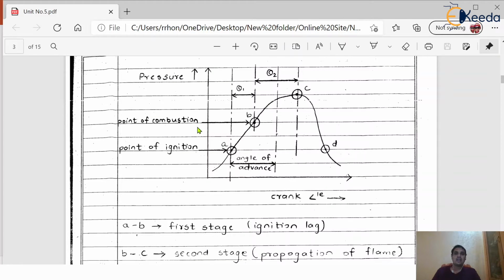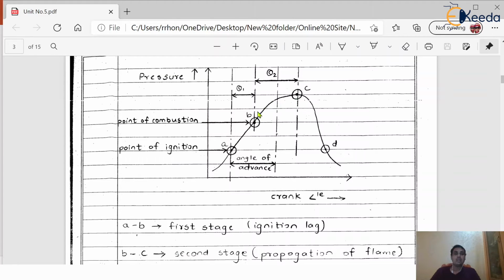Here is again an interesting one. As I just said, the actual combustion starts to take place at point B, but in the period of B to C, the flame will move in the forward direction, the combustion flame, as we already discussed in the last video also, the process of combustion. As the flame moves forward, the air fuel mixture will come in contact with that hot flame, and the air fuel mixture will burn simultaneously. So during process B to C, very high temperature is present inside the combustion chamber. Whatever fuel mixture is present in that chamber will come in contact with that hot temperature or that thin flame coming from the combustion, and because of that burning takes place